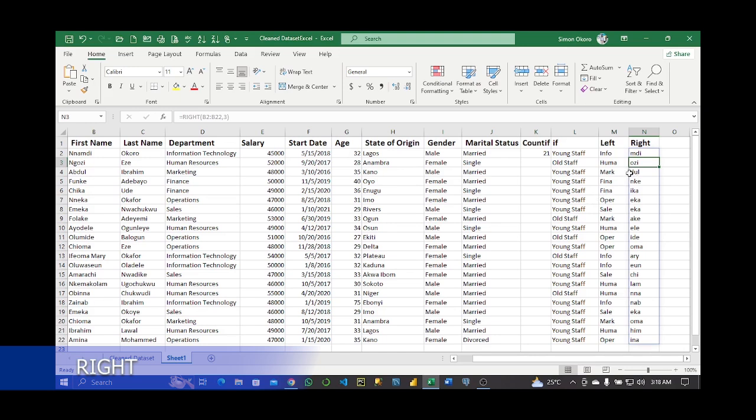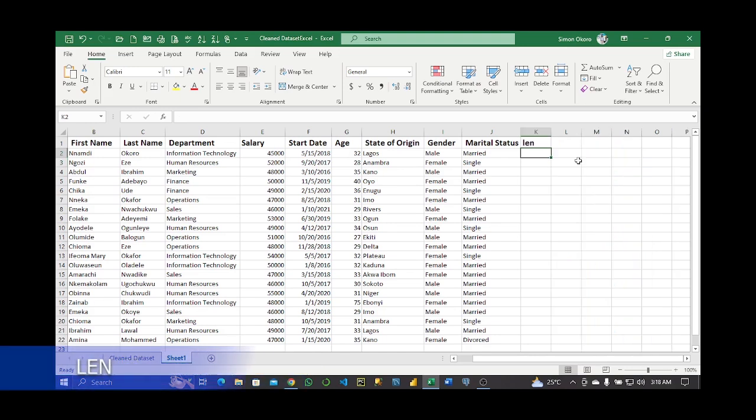Okay, the next one is the LEN function. It's actually length of number. It returns the number of characters in a text string. Like we have this married, single, married, married. For this married, it will calculate the number of characters we have in this text. That's how it works, and it's useful for counting the length of text, such as for data validation or